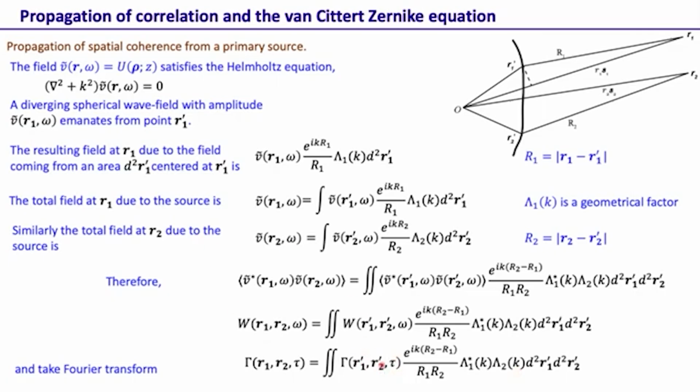So this is just an integral way of representing how we can find the correlation at r1, r2 if we know the correlation at r1 prime, r2 prime, for both the cross spectral density function and also for the cross correlation function. Okay, now